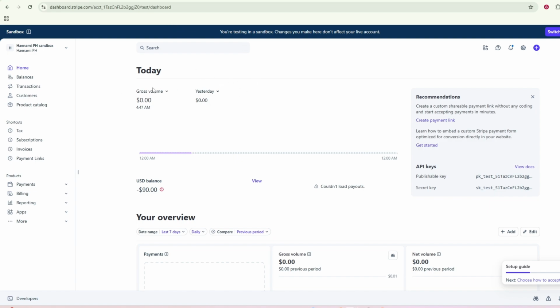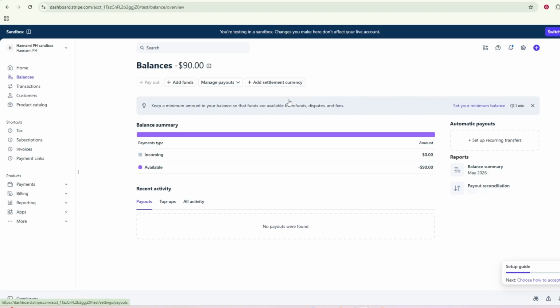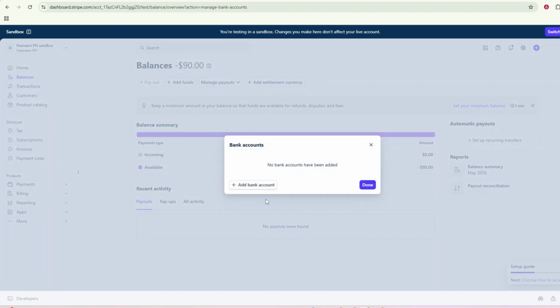Once you're on the home screen, select the Balance tab from the main menu. In the Balance section, look for the option to add a bank account. If you already have a bank account connected, check that it is eligible for instant transfers. If the instant payout option does not appear later in the process, the connected debit card or bank account may